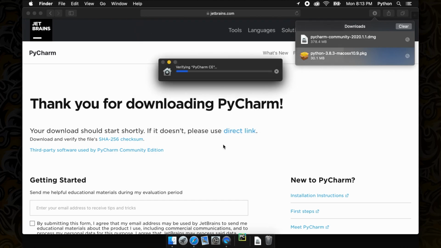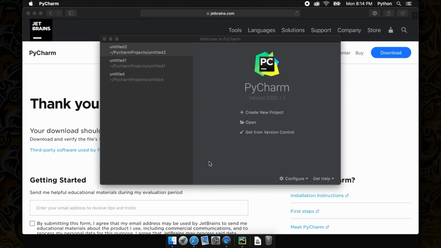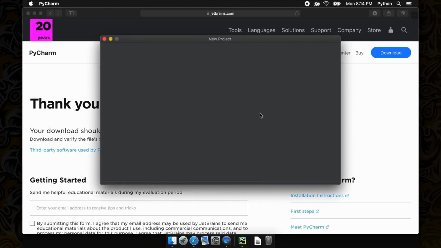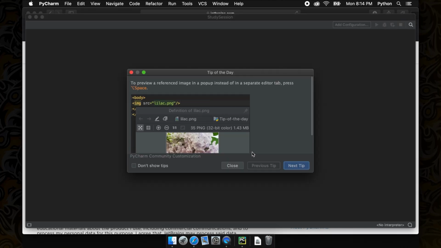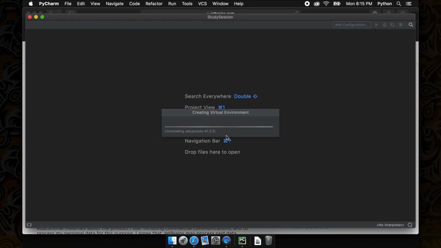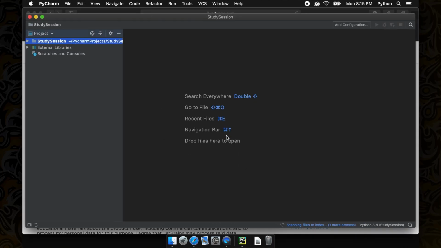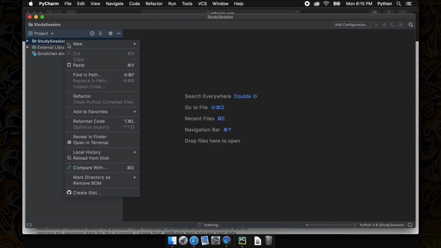and quickly take a look. So we can see once we open PyCharm, it will prompt us to start a new project. So let's do that, and of course you can name the project whatever you please. So on the left, you can see the folder that we just created. On this folder, we can right-click and select New, then Python file.